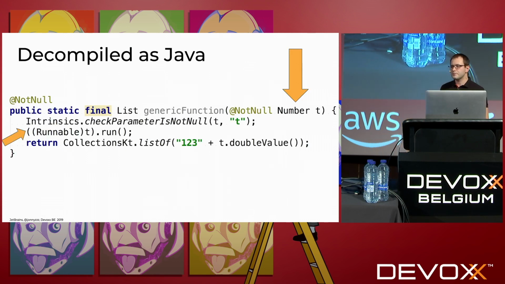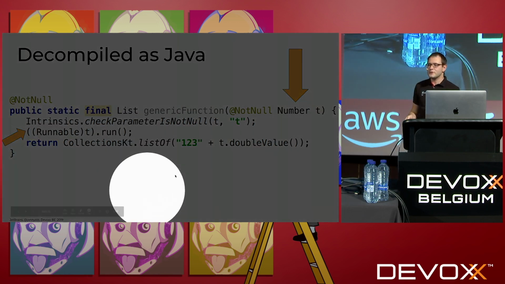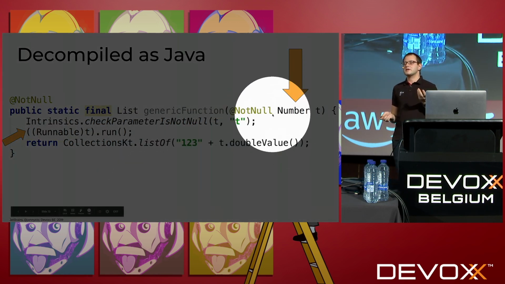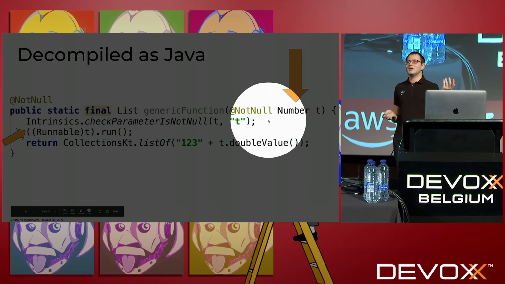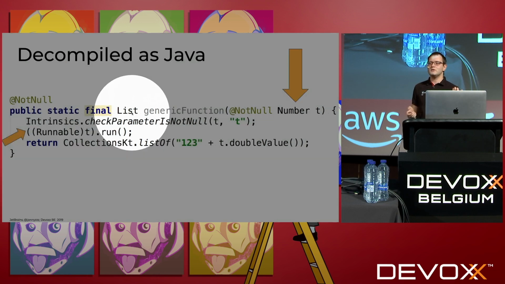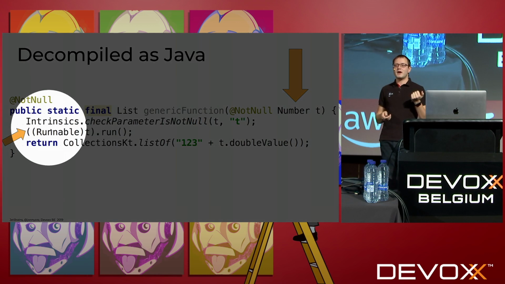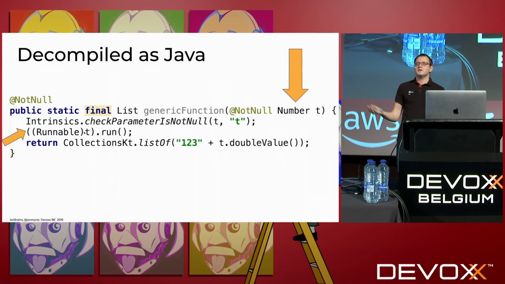Of course, the Java decompiler has a hard time understanding the Kotlin code, but sometimes it gives us a representation which we're able to understand. The first thing is that the type parameter has gone. It's a Number, not Number and Runnable anymore. The generic return type is gone as well. It's now only a List. And here we have a cast. This is how type erasure works, and this is what we have at the bytecode level.